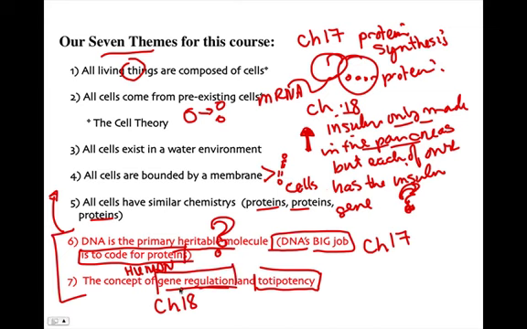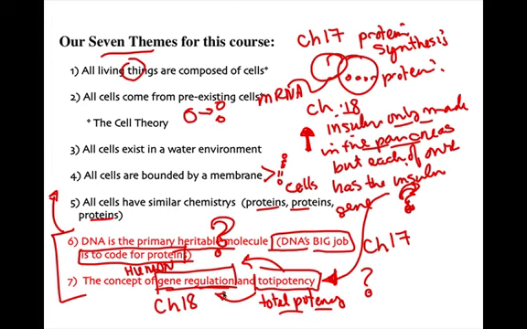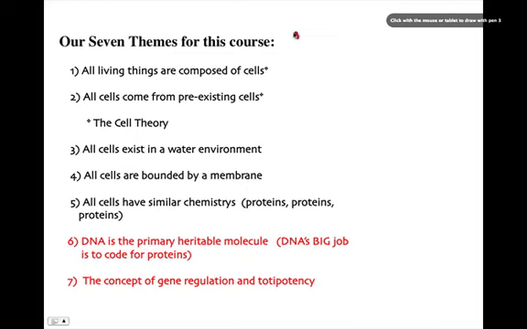So we get very interested in gene regulation, and then the concept totipotency is that all cells have the insulin gene. All cells have sort of this total potency, in theory, the total potential to make all the different proteins in humans, but they're only making a subset of them. So how does that work? How does totipotency work? And the answer is totipotency works by gene regulation. The cells only are using a subset of that DNA. So we're really interested in that. Chapter 17, chapter 18.